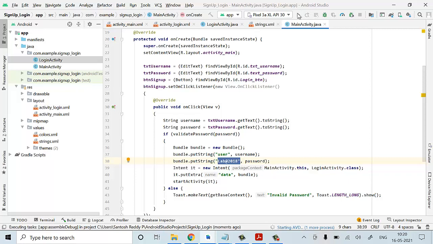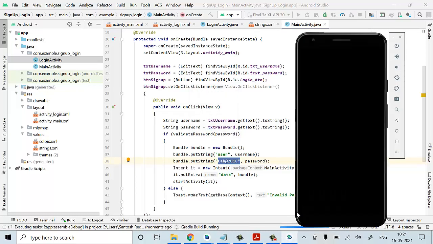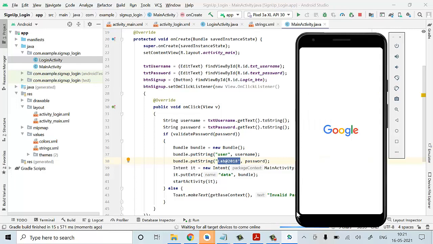So you can check it out, starting AVD manager here, it is running. Gradle building started. It is waiting to display it.